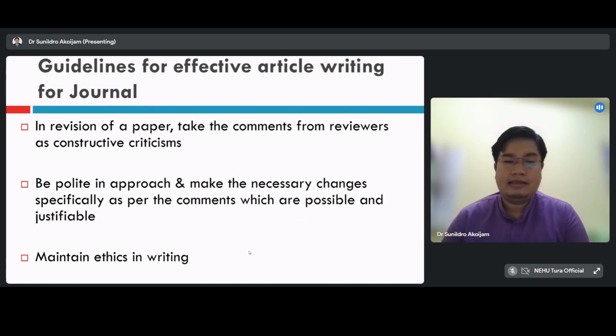Okay, and another thing is to maintain ethics in writing. Everybody knows the importance or relevance of ethics in writing. So let me not go into details about ethics, but wherever possible, you should always maintain ethics while writing. Suppose you have referred to some findings of a previous study, then you should use a citation. You should give a reference at the end also, that this statement or that statement you have taken from a study by Mr. X, Mr. Y. Okay, that is one example of ethics while writing.